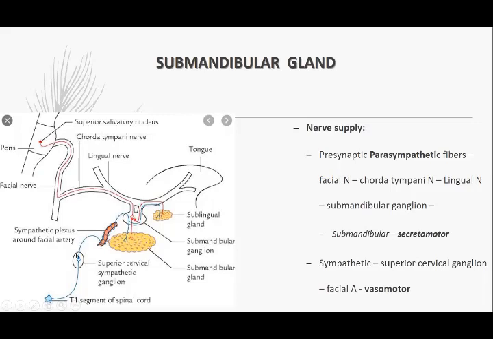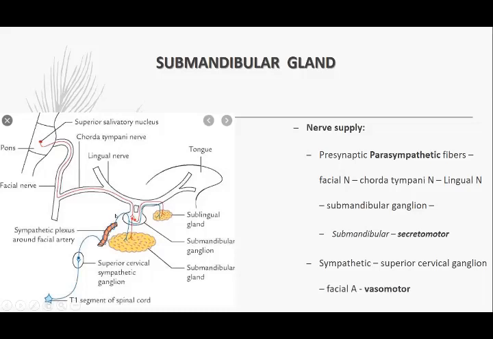sympathetic fibers. Sympathetic fibers coming from first thoracic segment of spinal nerve, T1 से आ रही हैं. They go and relay in the superior cervical ganglion. From there, postganglionic fibers arise and make a plexus around the facial artery, which is a branch of the external carotid. Facial artery पर plexus बना. This plexus